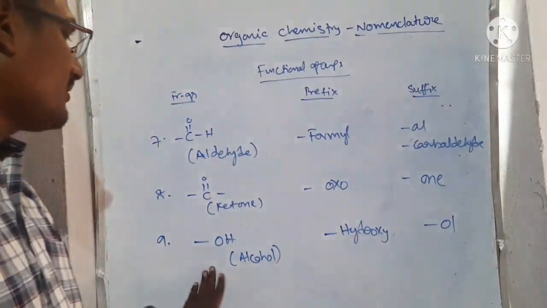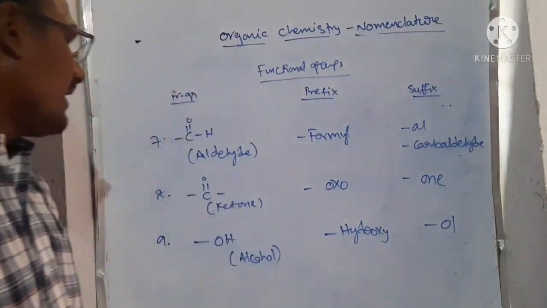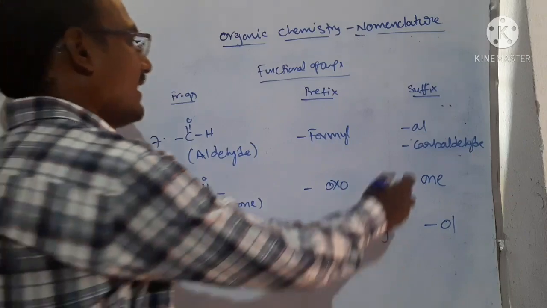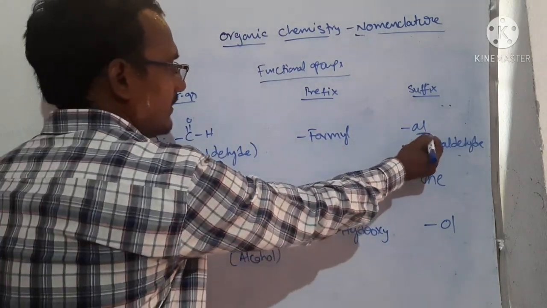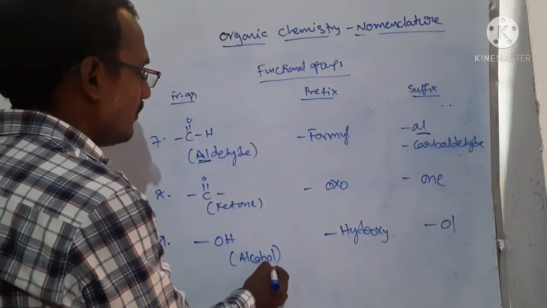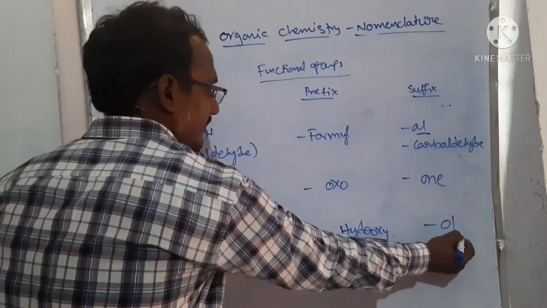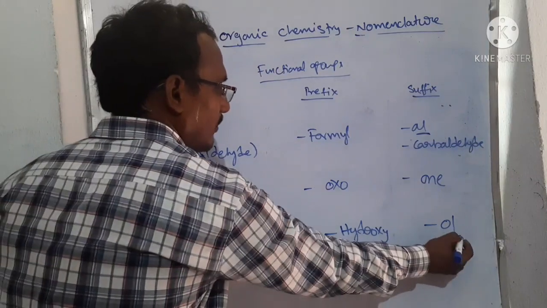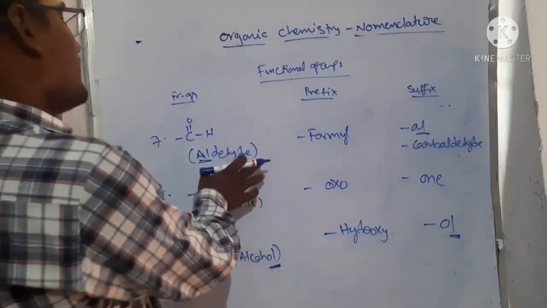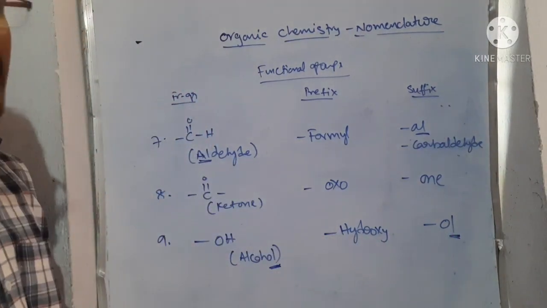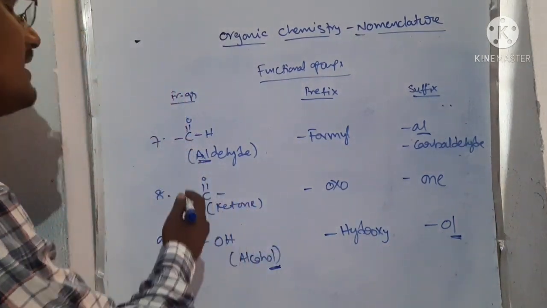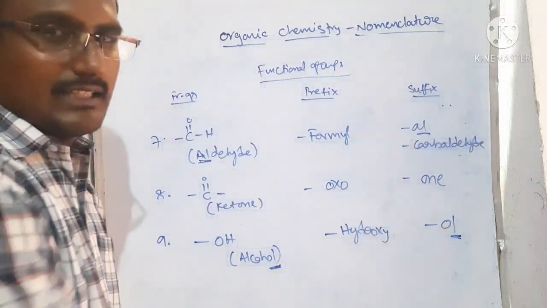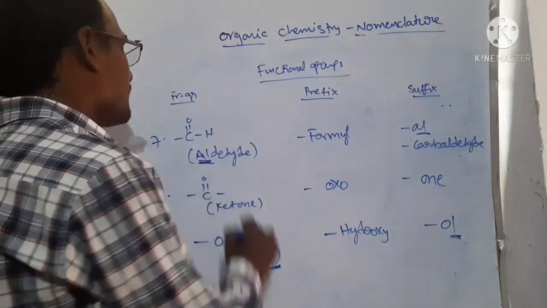Right? Here the alcohol is the -ol, and aldehyde is the -al. Simply we can remember that AL is there in the aldehyde, that is the suffix here. Alcohol is having OL, that's why that is called -ol. Aldehyde is not having the OL. That's why it is -al. So AL, OL you can easily remember.